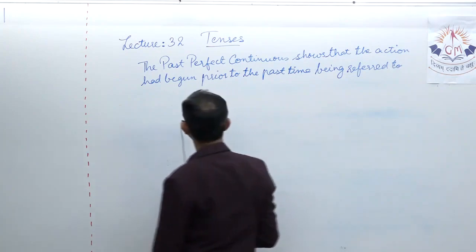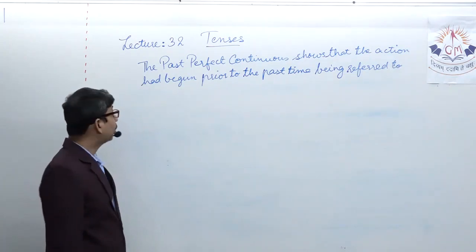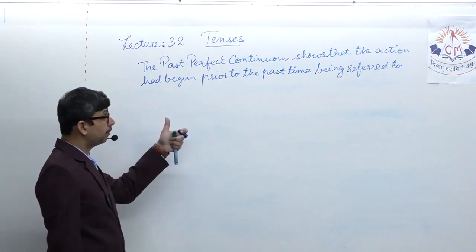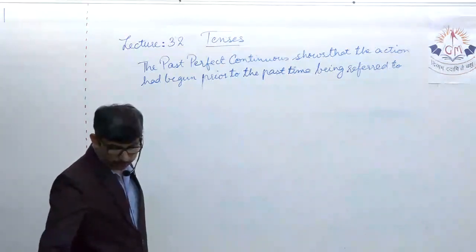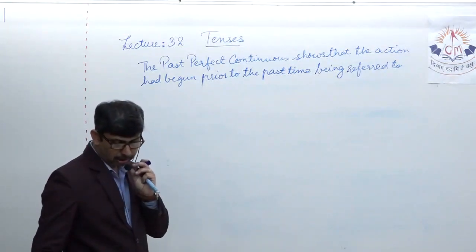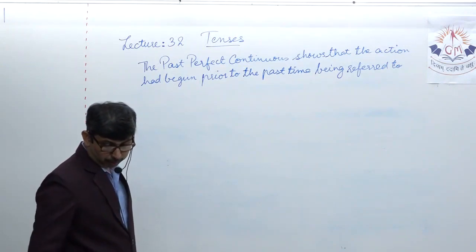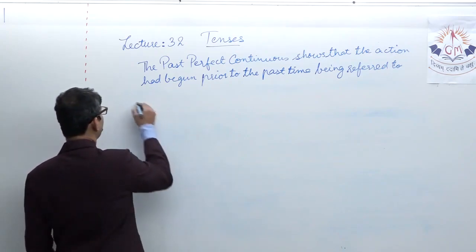So this is the understanding about the past perfect continuous, which shows that the action began prior to the past time and then what we are referring it to. A few examples based on this, in order to justify the understanding of the past perfect continuous. We had